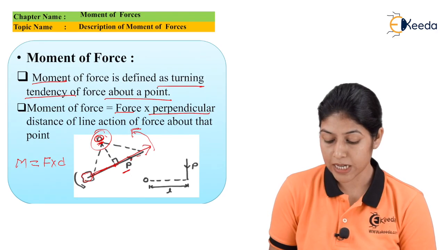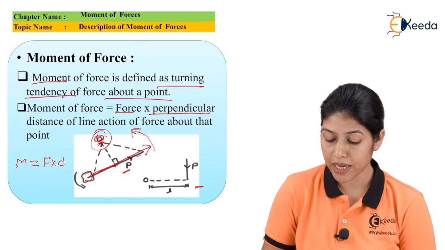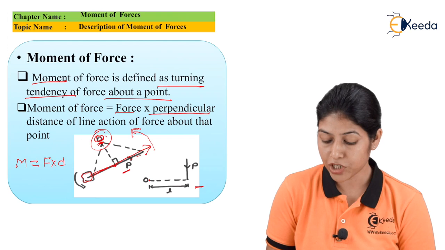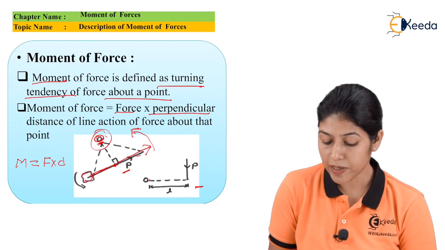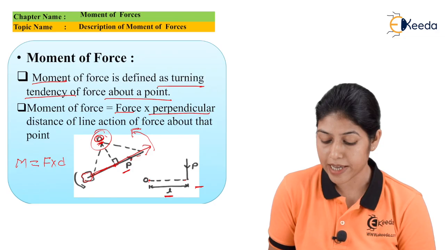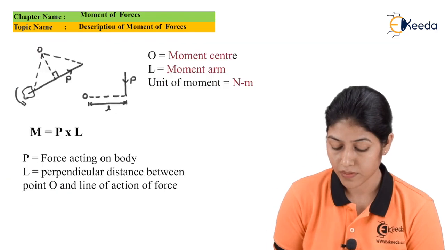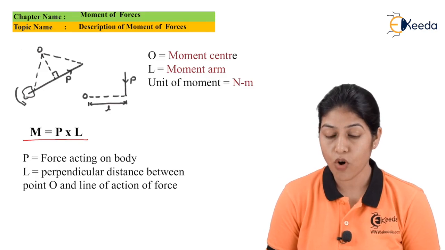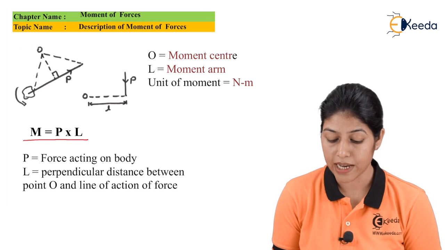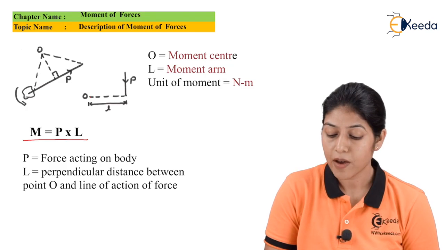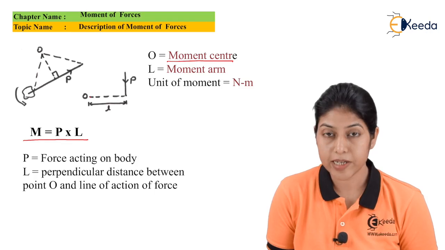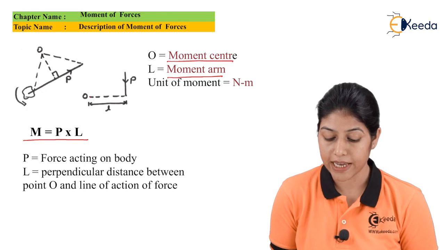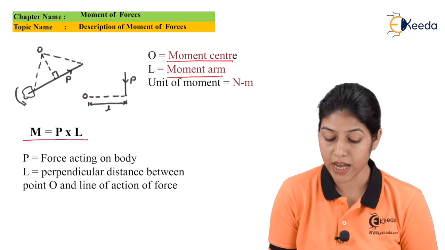Here you can see another diagram. This P represents the force, and this point O is the point about which we are considering the moment, and the distance between O and P is represented as L. So as per this equation, this will be the formula of the moment: M equals P into L, where this point O is called the moment center. This L, the distance between O and P, is called the moment arm, and the product of force P and this moment arm